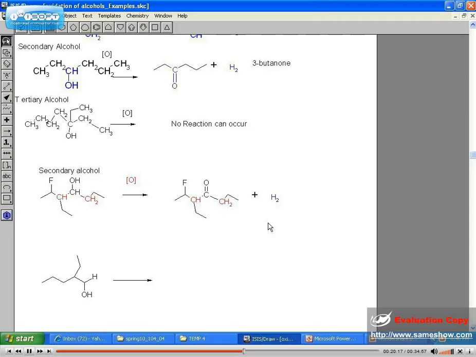So, and then you have your two leftover hydrogens. So, this right here is an example of a ketone. A ketone. I do want to point out, and I'll highlight this in green,